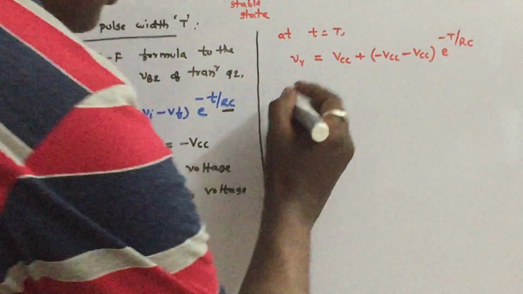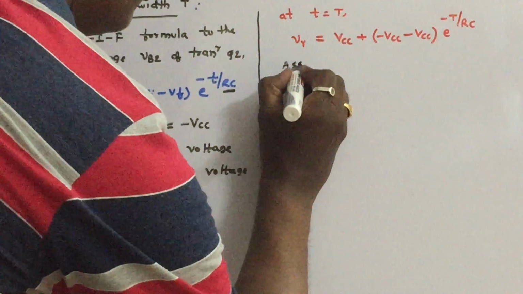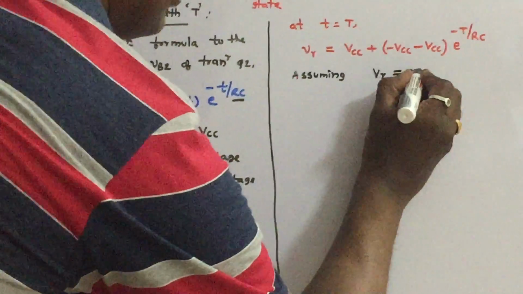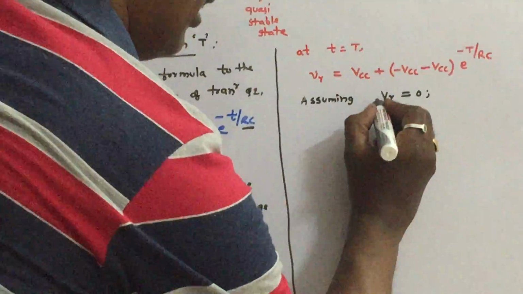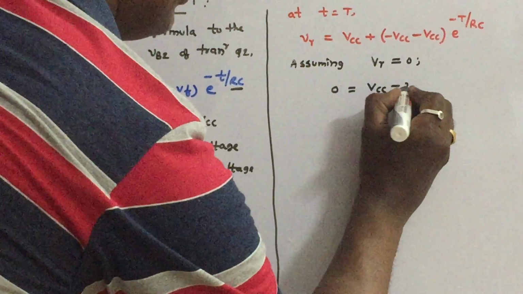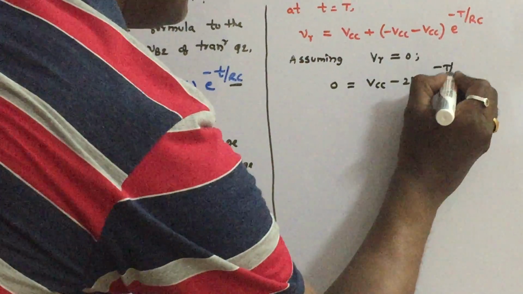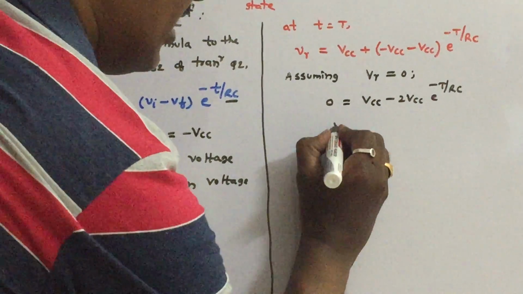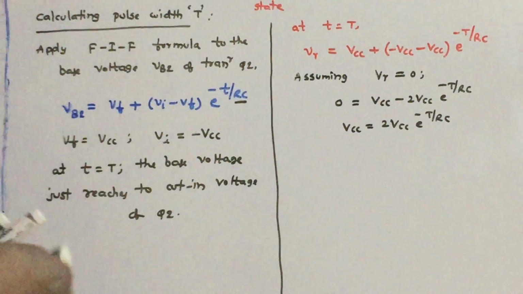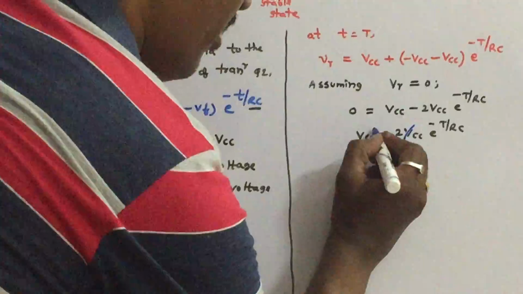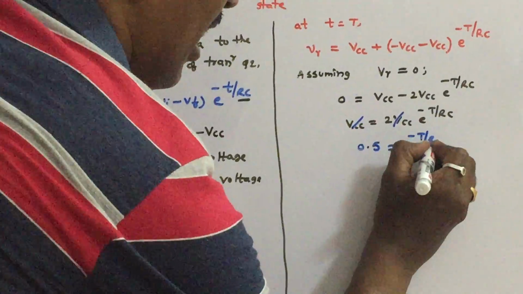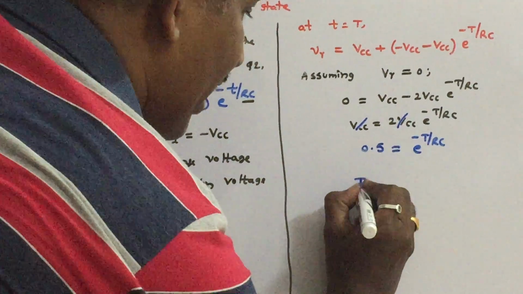So let us make some assumptions, some approximations in this derivation. Let us take the cut-in voltage of Q2 transistor, V gamma, as 0. Let us substitute 0 here. So VCC minus 2 VCC into e power minus T by RC is 0, so VCC is equal to 2 VCC into e power minus T by RC. Let us cancel out VCC, so that it will become 0.5 is equal to e power minus T by RC. If you take natural logarithm on both sides, you get the time period as